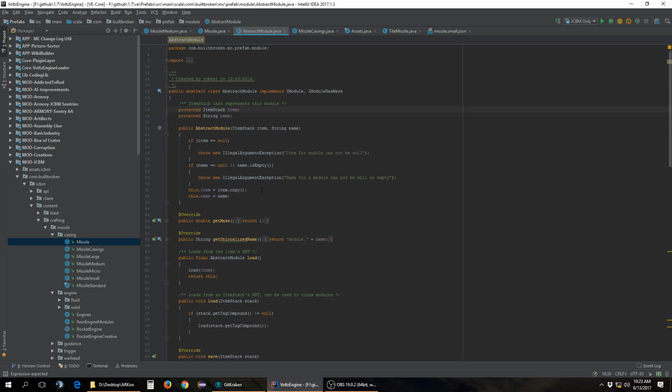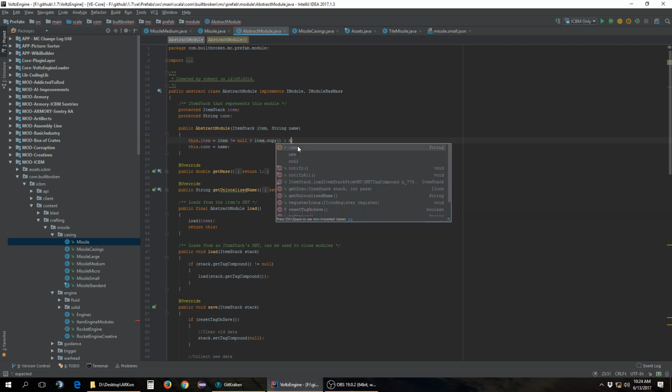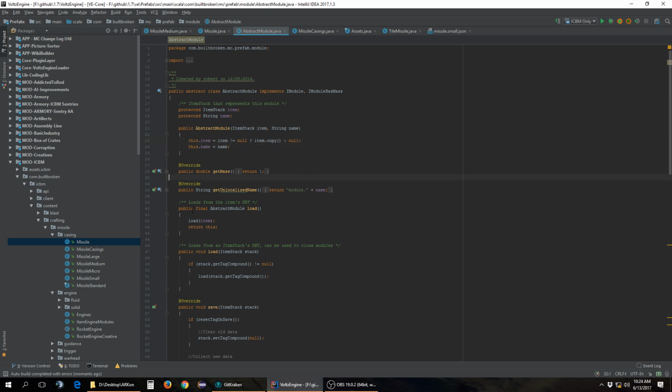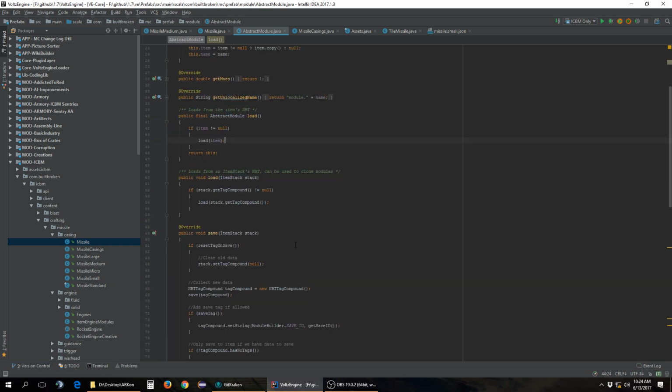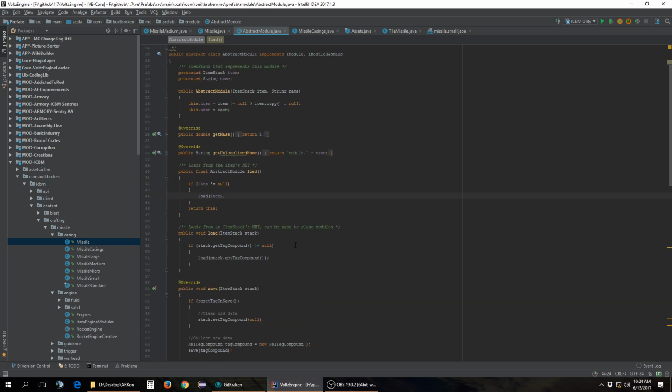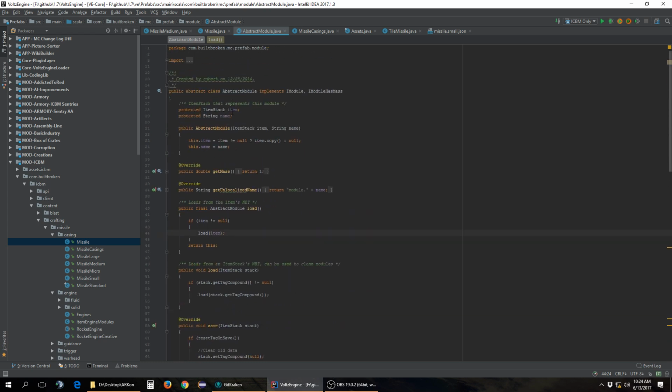Actually, you know what we need to do? This just needs to be done real quick. I just need to get rid of the requirement for the item. This does mean that a lot of the functionality will not work properly, and that's okay, because what we're doing is we're going to initialize the item. We're just going to initialize it late. So we're going to go ahead and